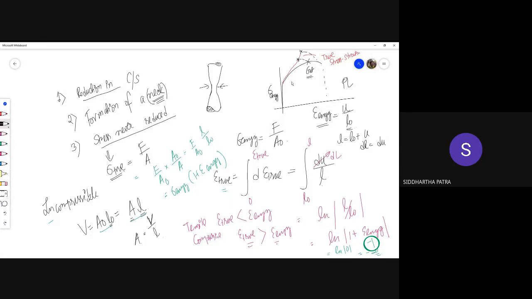So what we see in the true stress strain diagram is that the stress actually never goes down. But what do we see? A reduction in the engineering stress strain diagram for the fracture stress, because if I look at F, that is actually the current cross section area A times true stress.